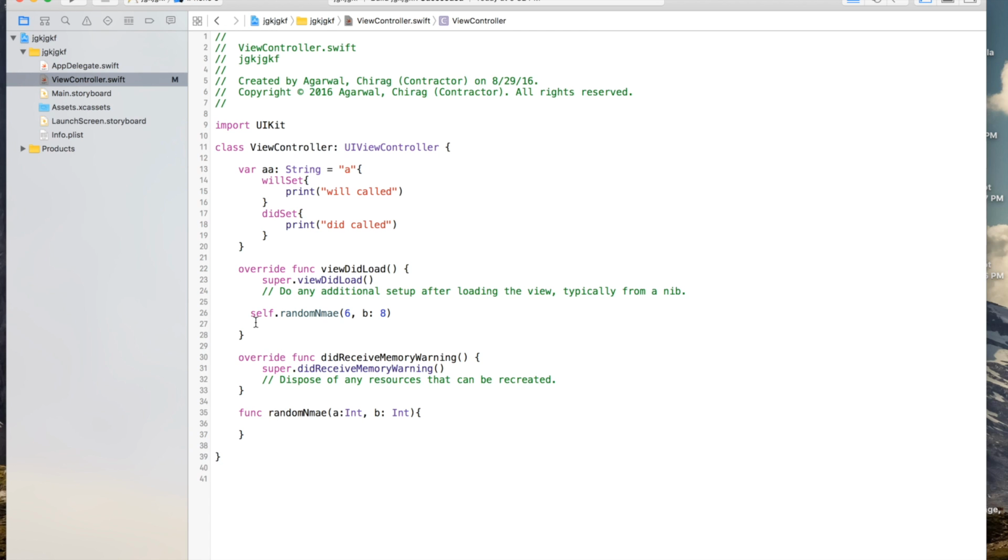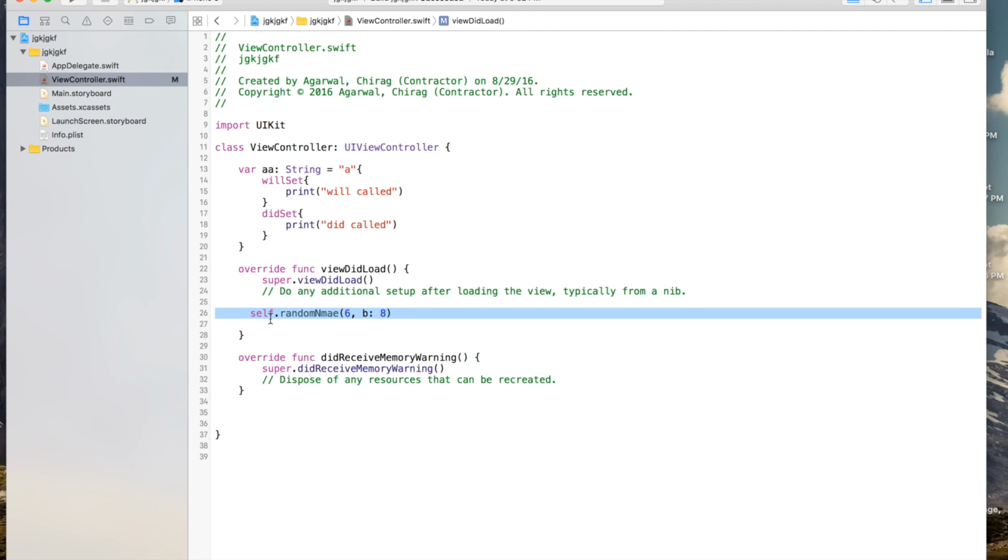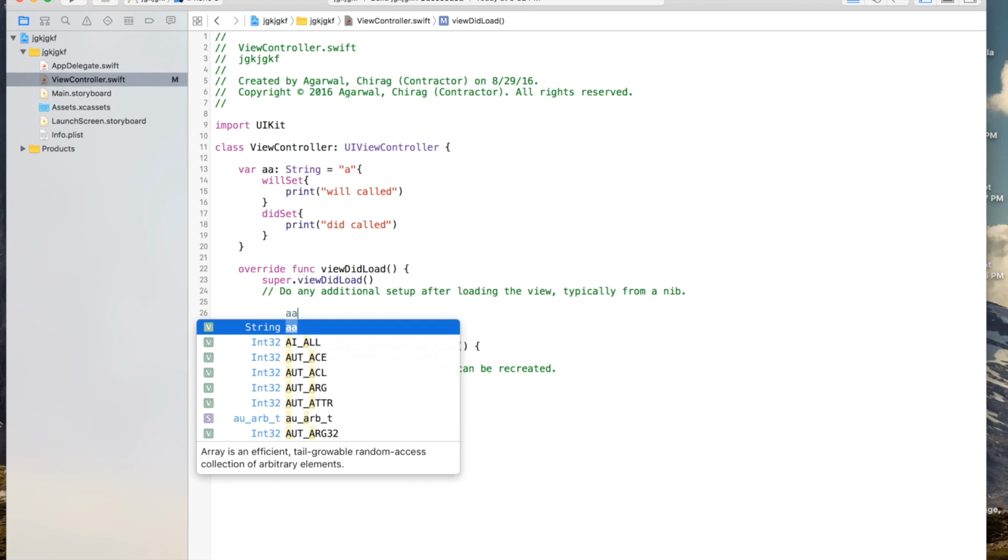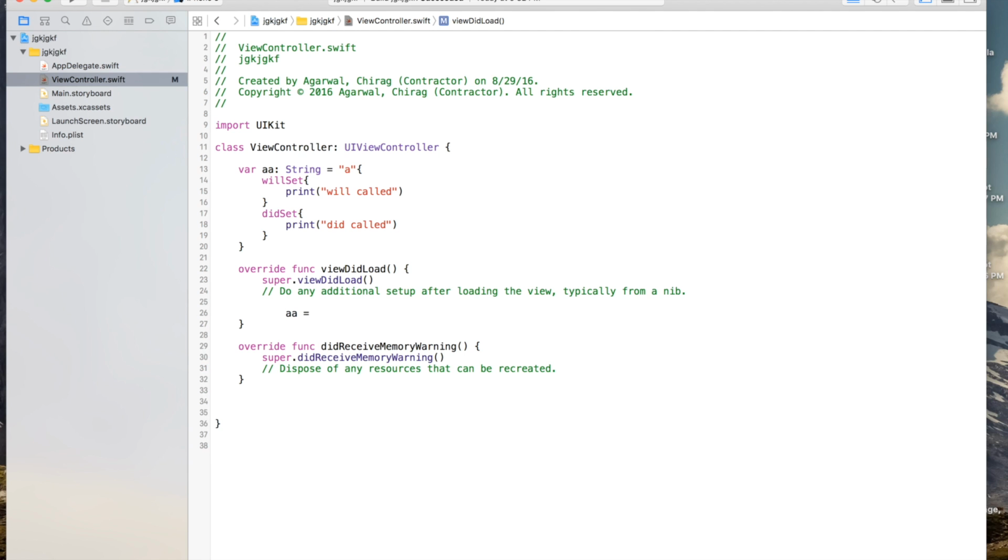So let me show you this, self random. Let's remove this method and try a equals b, and we have this breakpoint. So now we are trying to set a value of this property aa. This willSet is called before the property is set, and this didSet is called after the property is set. So now let's run this, and you will see that first